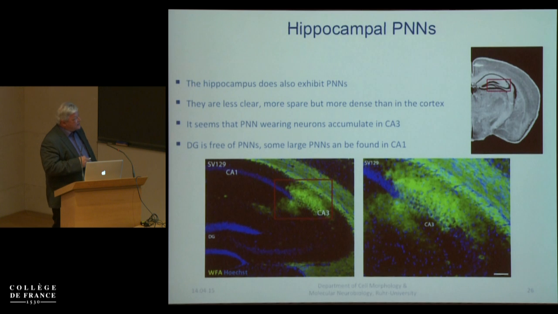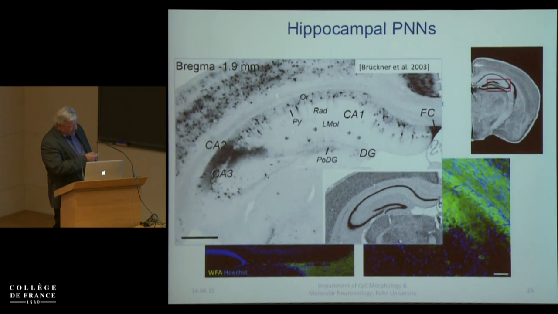And we have studied these nets in the context of the hippocampus because we found a strong enrichment of these perineuronal net-like structures in the CA3 region of the hippocampus, here shown in a magnification. And this was a repetition of an observation that had been published by Brückner's lab in Leipzig already in 2003. So there is a very rich perineuronal net environment in hippocampal neurons, and therefore we thought that it might be of interest to study the formation of nets and the function of extracellular matrix in the context of hippocampal neuron